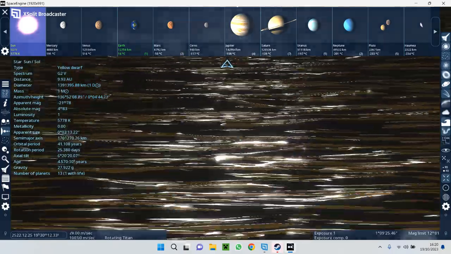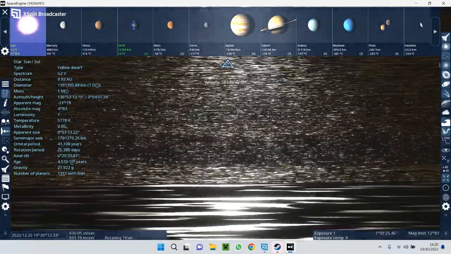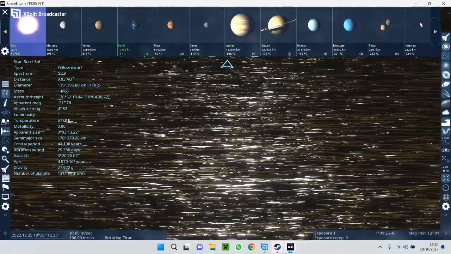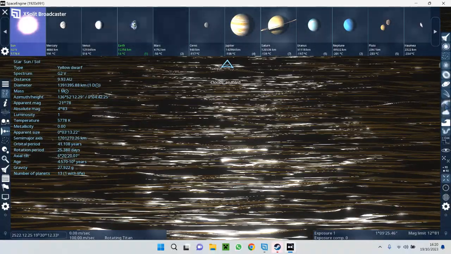Hang on, is this rocks or water? No, water's at the bottom of the surface.